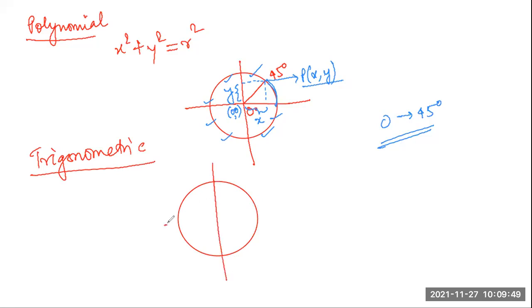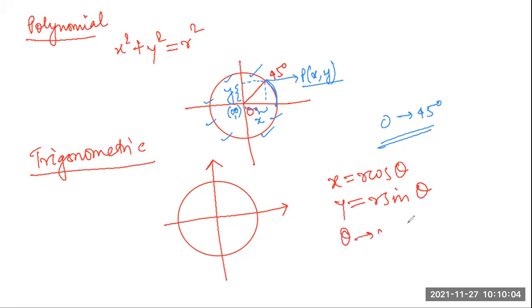So suppose this is the basic thing. We say that x equals r cos theta, and y equals r sin theta. And theta, what do we say? The current angle. How do we find this? So suppose I have a point P. This is my x and y. How do I find the r cos theta and the r sin theta? So this is the radius. This is my r. If I drop a perpendicular, this is my x. If I drop a perpendicular, this is my y, right?